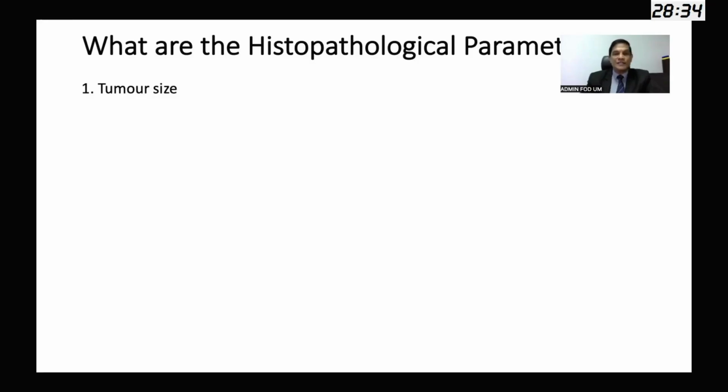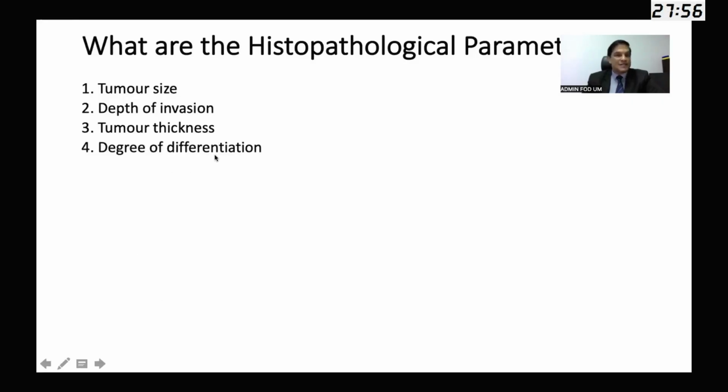Well, there are numerous histopathological parameters that researchers have described over the years. We know tumor size. Tumor size, clinicians use the clinical tumor size, and also as pathologists, we measure the histopathological tumor size in order to give them the pathological TNM staging. Depth of invasion, a crucial and critical thing, I will come to the details in a while. Tumor thickness and depth of invasion are slightly different, but more or less the same. But depth of invasion is the one that we use more because it is more scientifically viable.